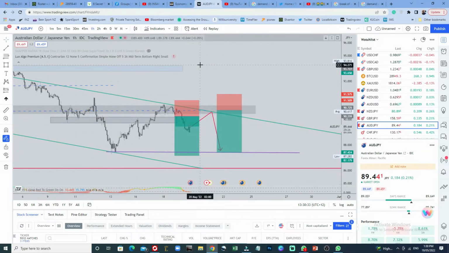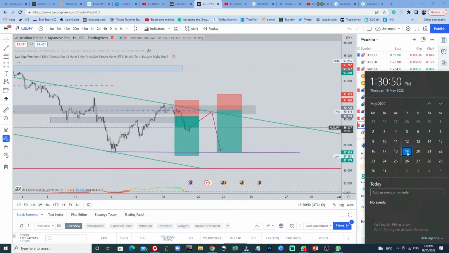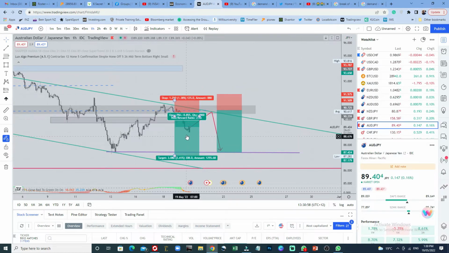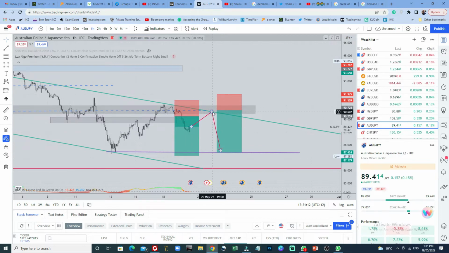Again to our channel, AUDJPY. You can see the market has gone a significant distance into profits, but what we have here is that we are on Asian session. Today is 19th of May 2022. The time is 1:30 p.m. New Zealand time. What I see based on my experience in trading is that because there's a key level here, I believe that the market is going to retrace backwards to this key level